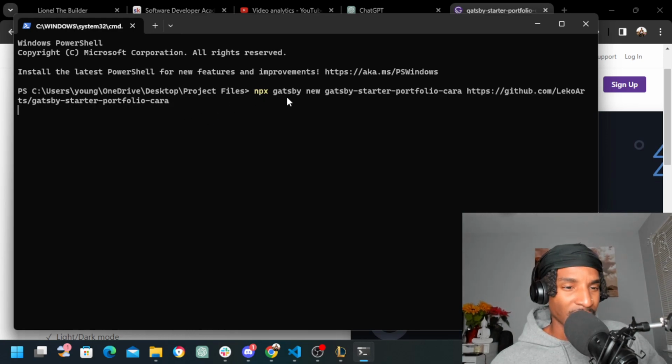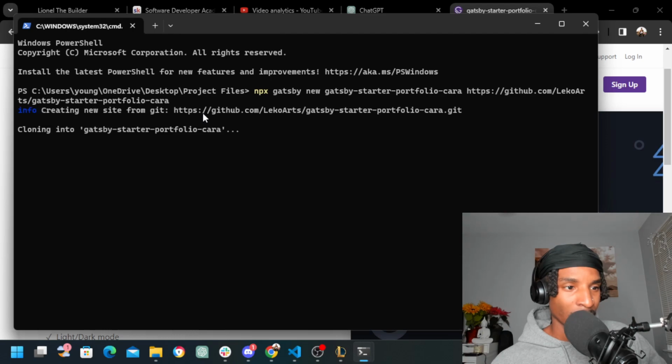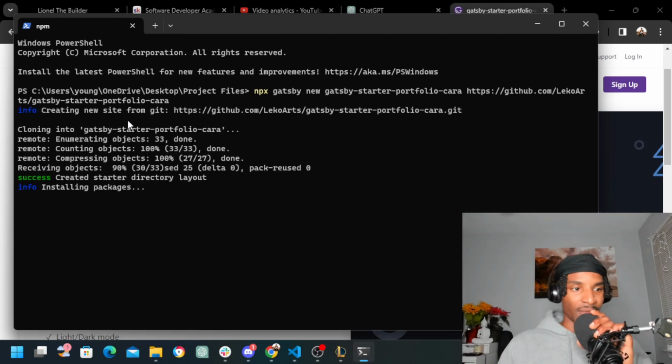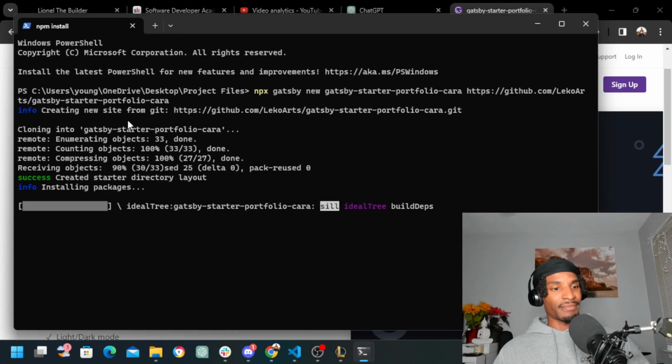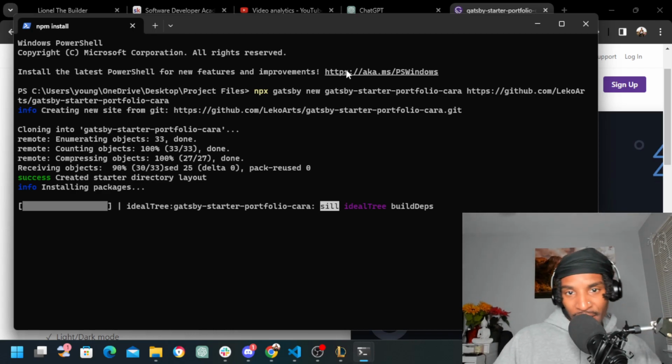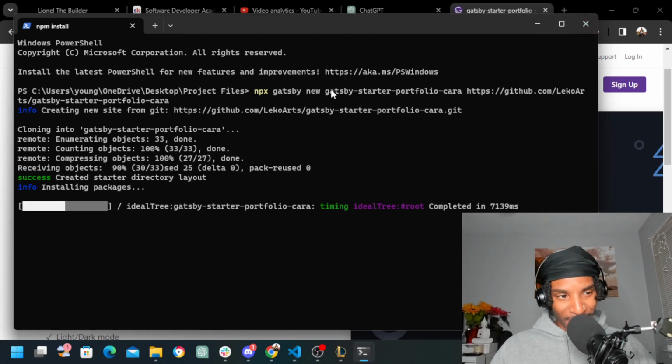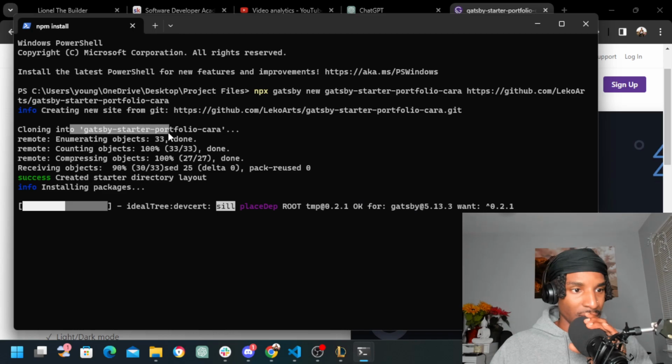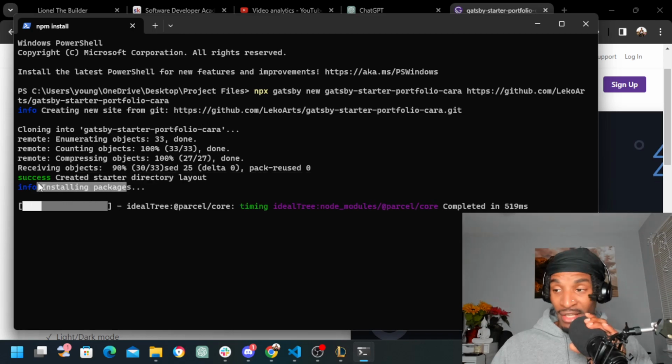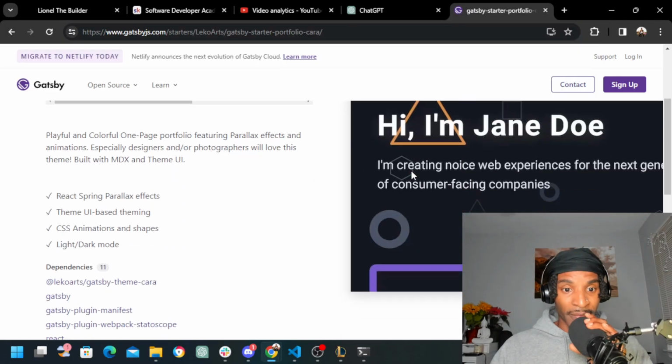Okay, I'm not seeing anything happen here. Hold up. Oh, okay. I was about to say, that took a while. This is how you know that it was the right choice, because it's cooking. Cloning into Gatsby. This is going to be the name of the folder that we're going to look for here. It's installing all the packages. So what it did was